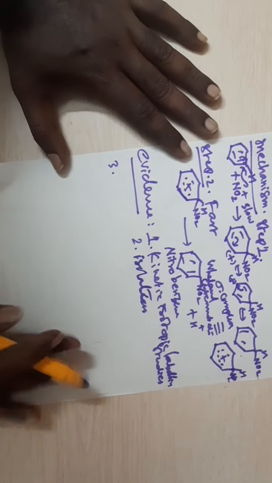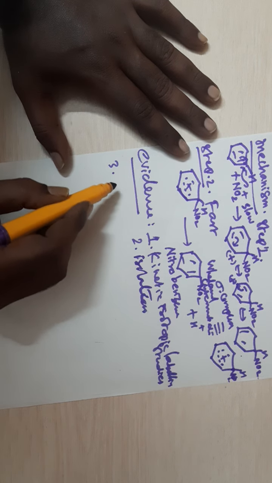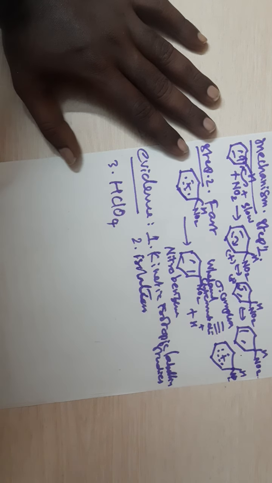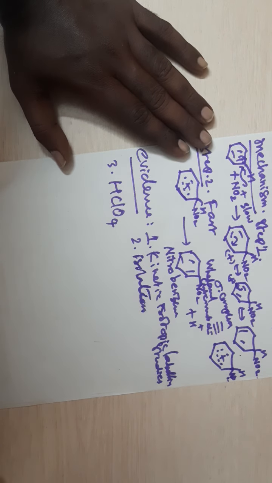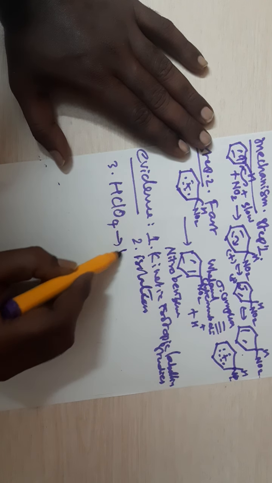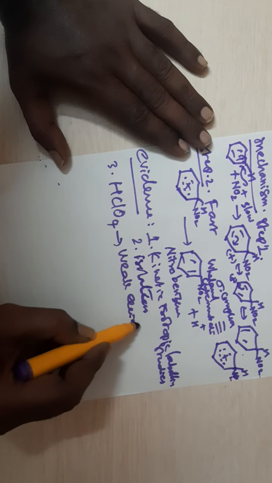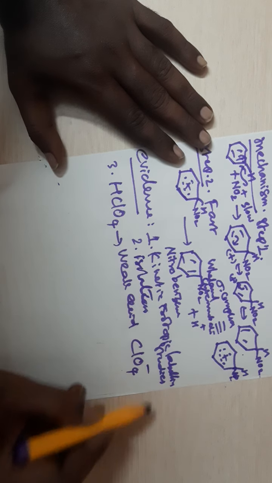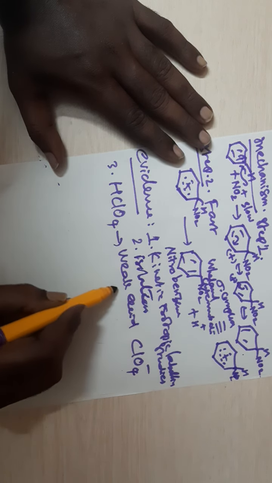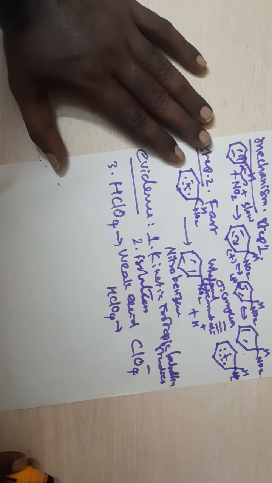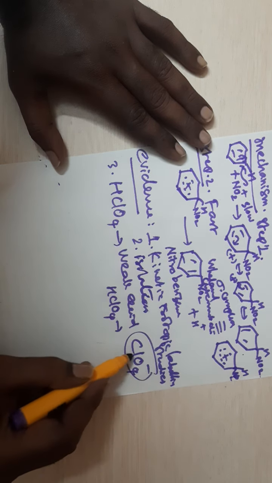For example, we have nitronium perchlorate. We know what is perchloric acid. What is perchloric acid? HClO4, perchloric acid. This is a weak acid. The reason is the perchlorate ion ClO4- is less stable. So it will readily combine. HClO4 undergoes very weak ionization. It shows very weak ionization. Perchlorate ion is very big in size.